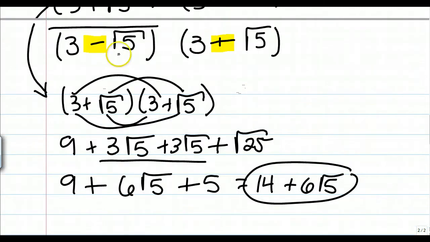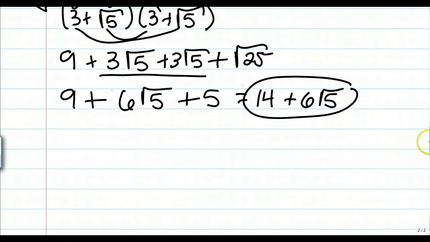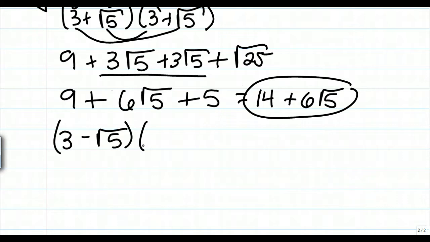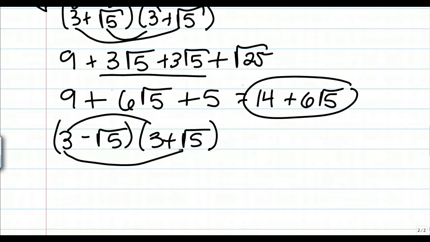You're going to have to FOIL those too. So I have 3 minus radical 5 and 3 plus radical 5. Remember, when they're the same terms but just opposite signs, you only have to multiply the first and the last. So you have 3 times 3 is 9, and I'm going to have plus 3,